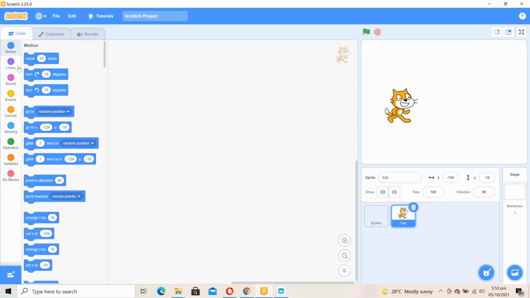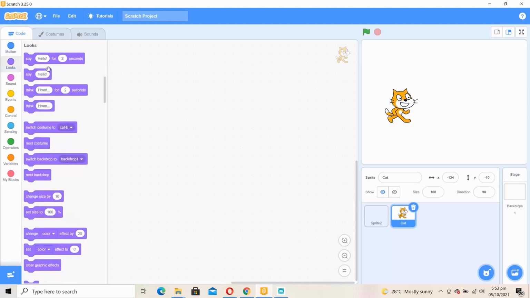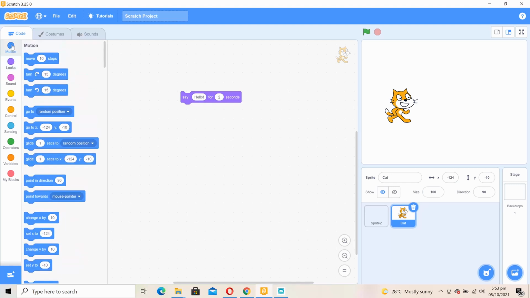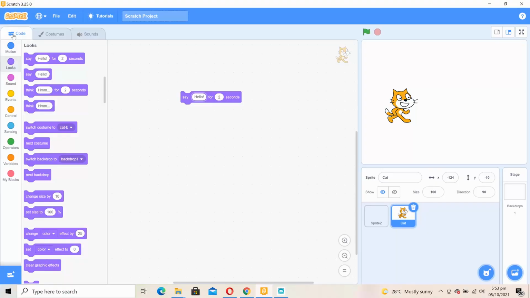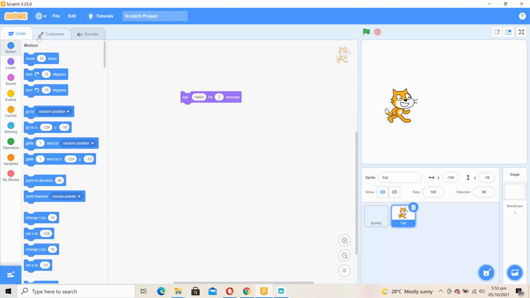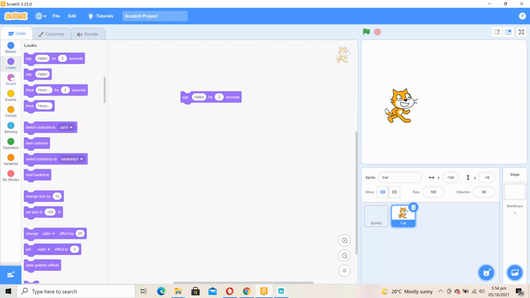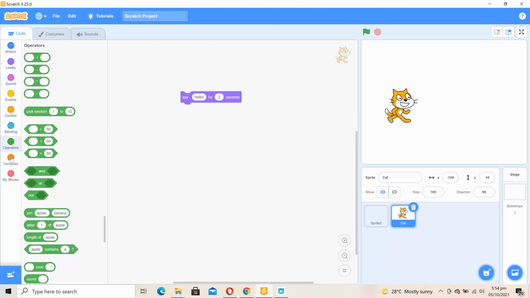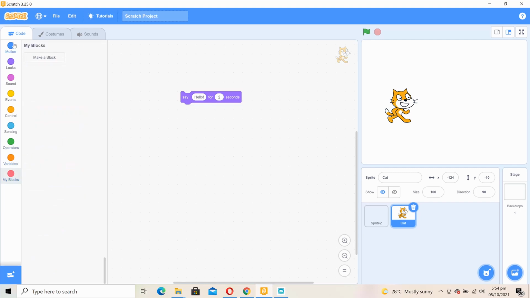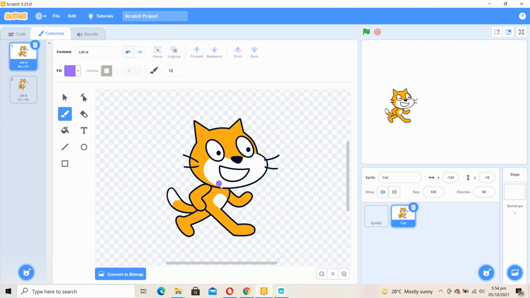Let's drag and drop the block to the code stage. In our first script, we will get our sprite to say hello world. We will use the say block in the looks palette. The looks palette is in the code tab on the left side of the screen. There are three tabs in Scratch. You have a code tab where you see your motion, your events, your controls, your looks, your variables, and